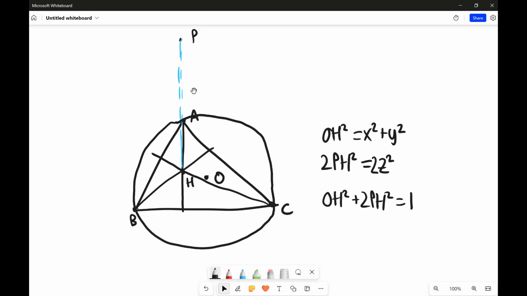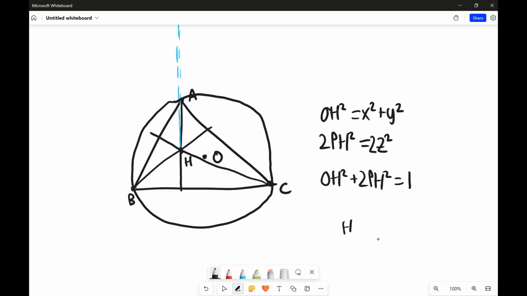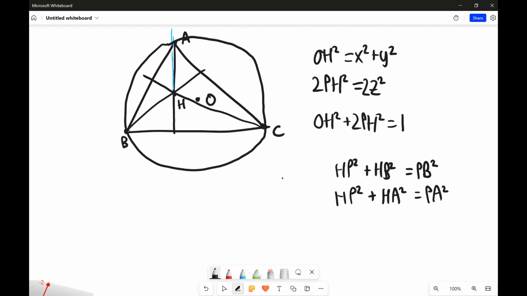And now to find out what PH squared is, we can use right triangle APB. Note that HP squared plus HB squared is equal to PB squared, and then HP squared plus HA squared is equal to PA squared. Then adding the two, we end up getting 2HP squared plus HB squared plus HA squared is equal to